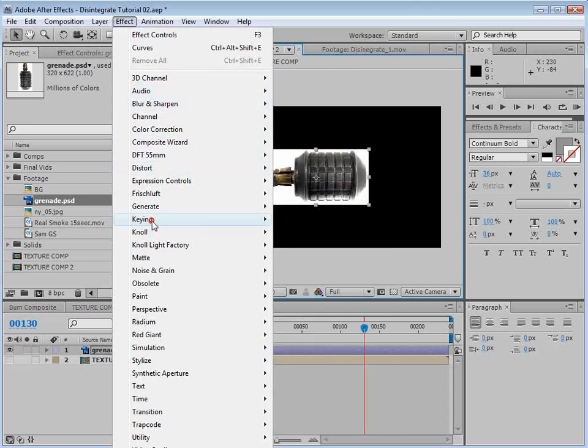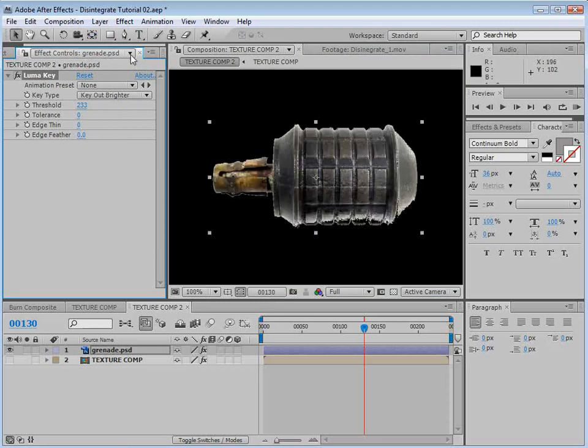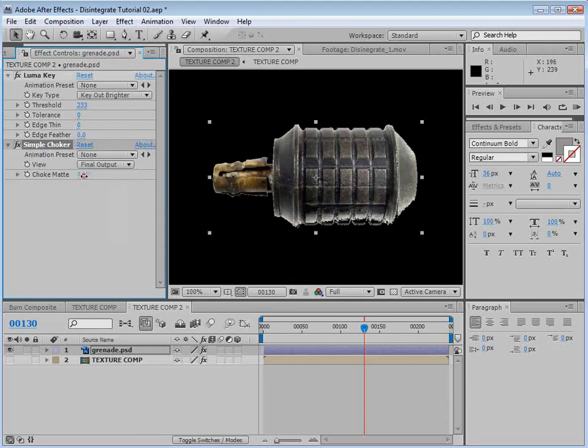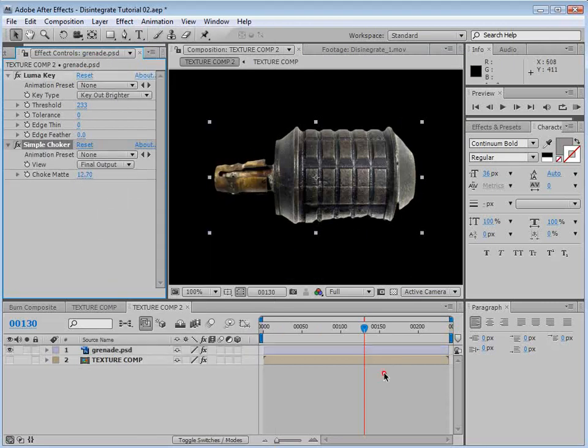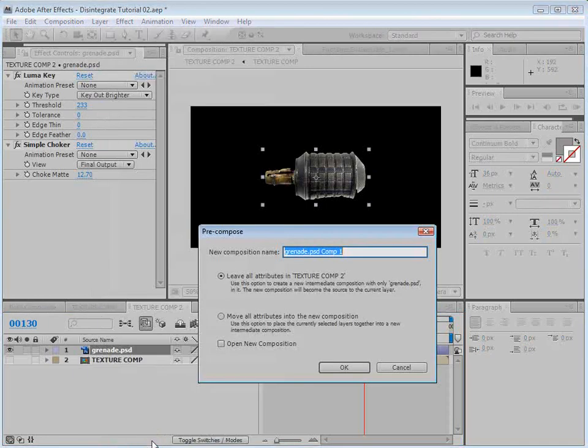All right then. So we're going to choose key, Luma key, and we're just going to quickly key out the white, you know, very sloppily. You know, we're not even going to bother. We'll just add a quick simple choker and just make it look halfway decent. And then what we're going to do is take this grenade and we're going to pre-compose it. So layer, pre-compose, and we'll call this video source, and we'll choose move all attributes into new comp, and then